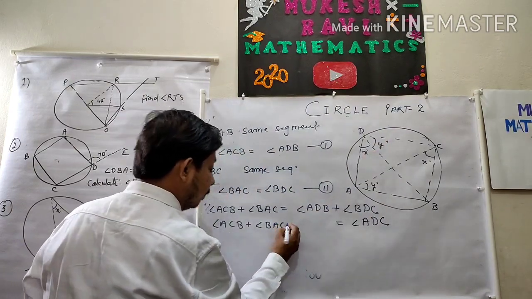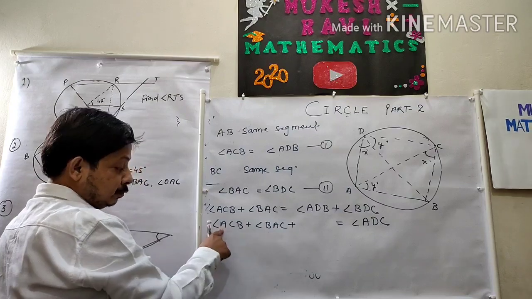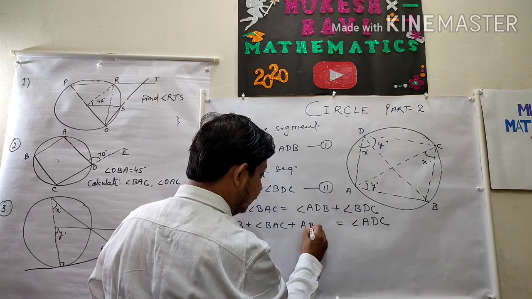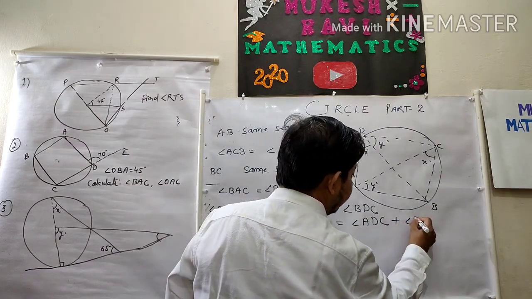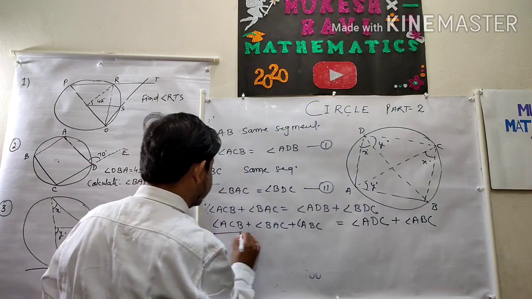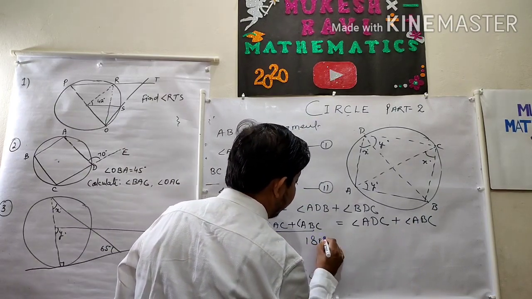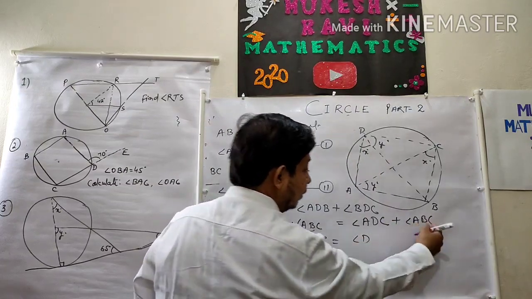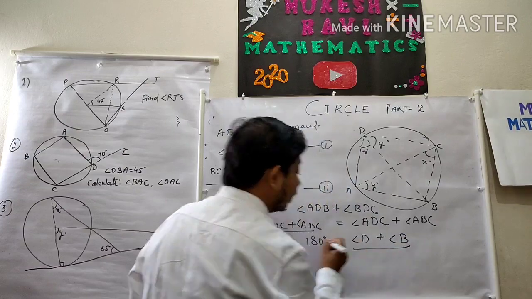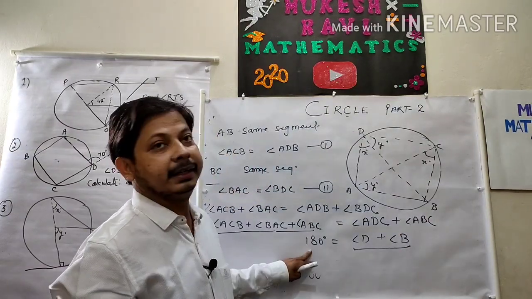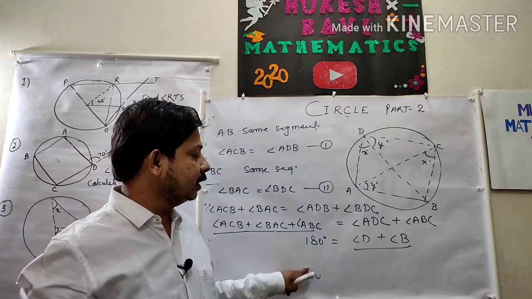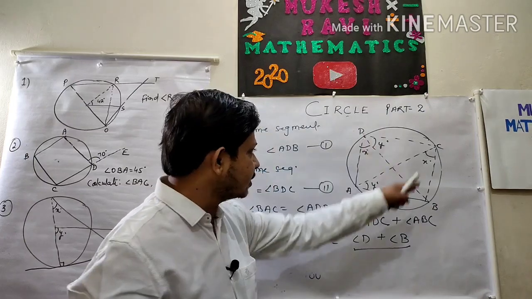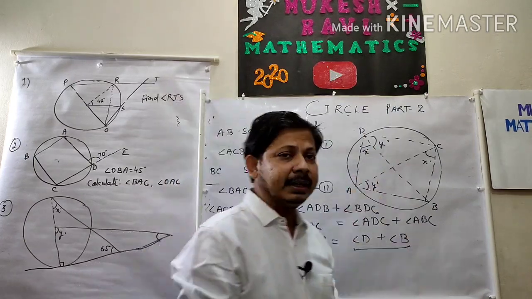Why have I given fill in the blanks here? I am going to add one angle which is missing here in the triangle, that is angle ABC. Here also angle ABC. Now what is the angle sum property? 180 degrees. And here angle ADC means angle D of the quadrilateral, and angle ABC is angle B of the quadrilateral. Opposite angle sum is 180 degrees. Very easy. This way you will prove this theorem. Similarly A and C will also give 180 degrees. Why? Because 360 altogether, 180 is here, so the remaining is 180 degrees.